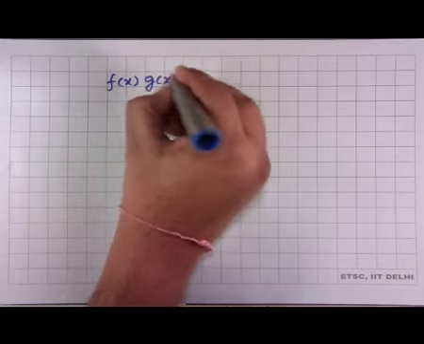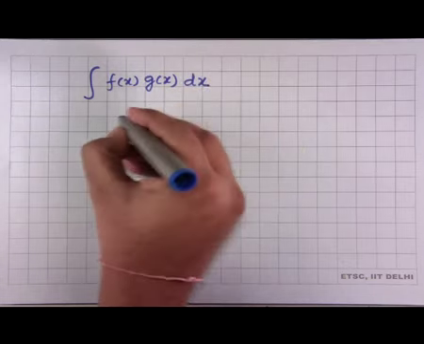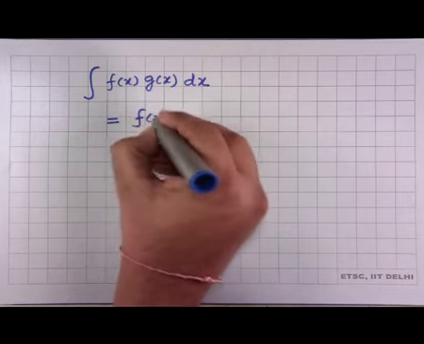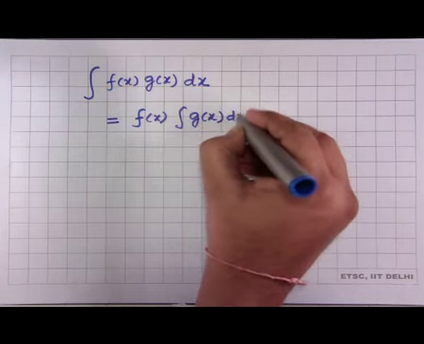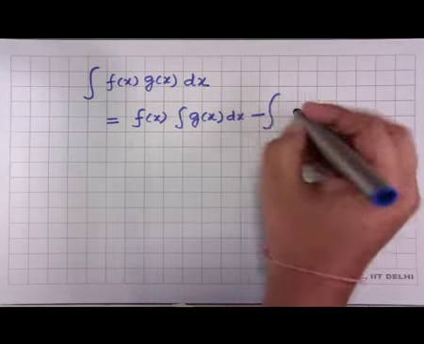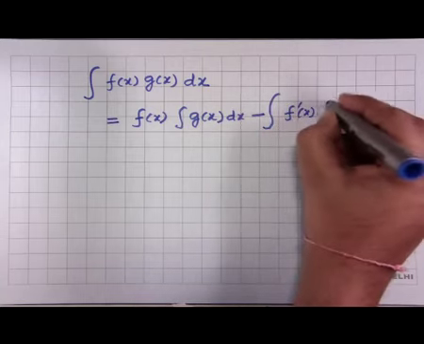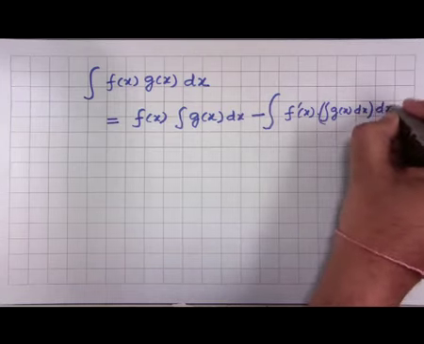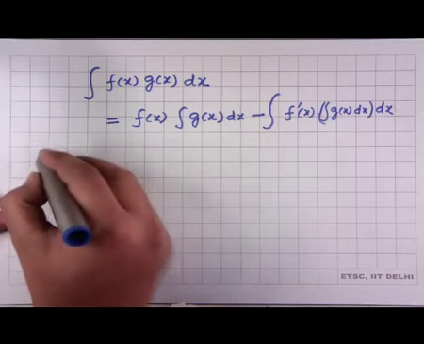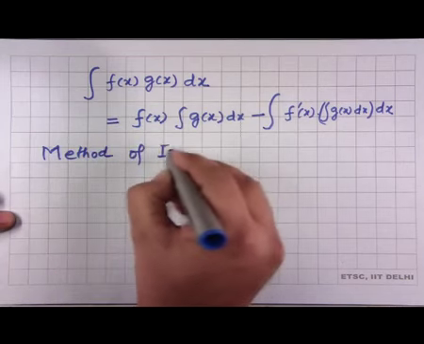So, for two functions f x and g x, the integration of the product is equal to f x integration of g x dx minus integration of the differentiation of f x, which is f prime x, times integration of g x dx, and then dx. So, this we call the method of